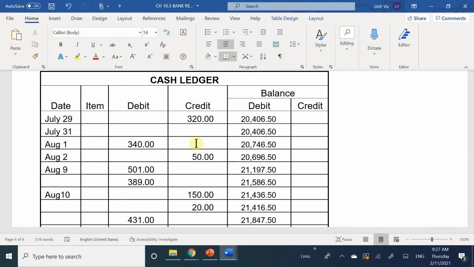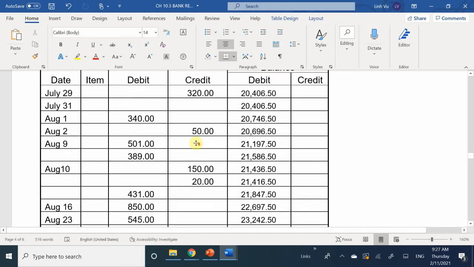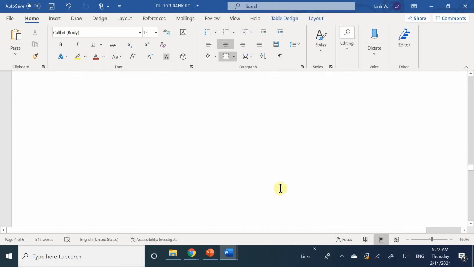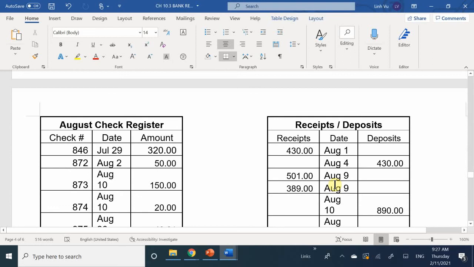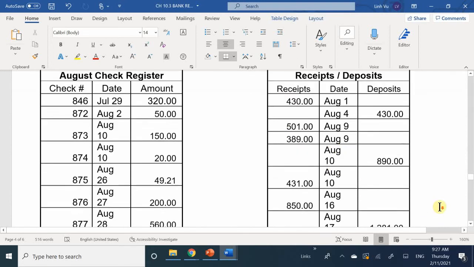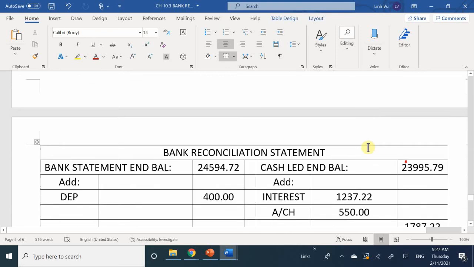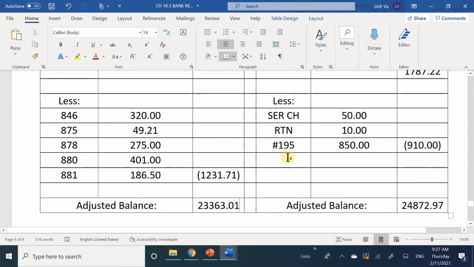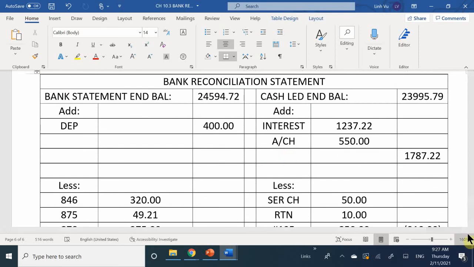So therefore, you're going to have to either add or subtract money. In this case, I am short by how much? $90. So that means I have to add more money to my cash ledger, because that's how much I've actually deposited. So I'm increasing my amount of money by $90. I'm going to place it right here under my cash ledger.